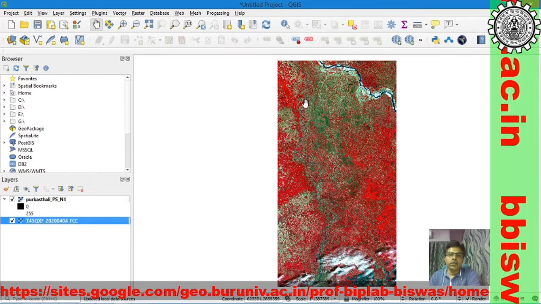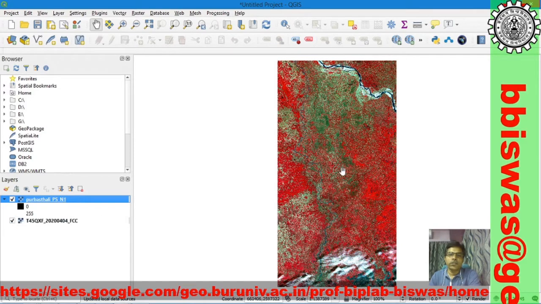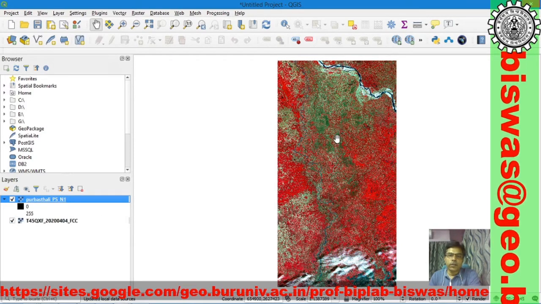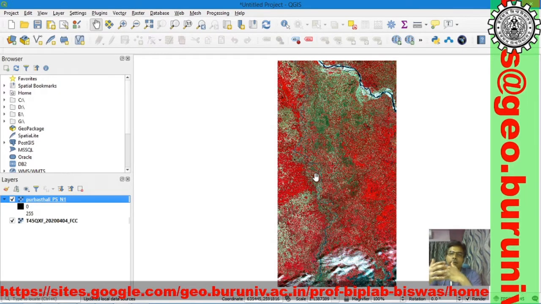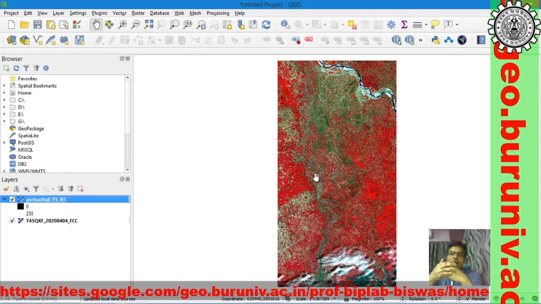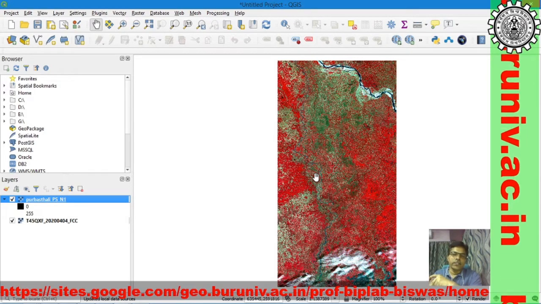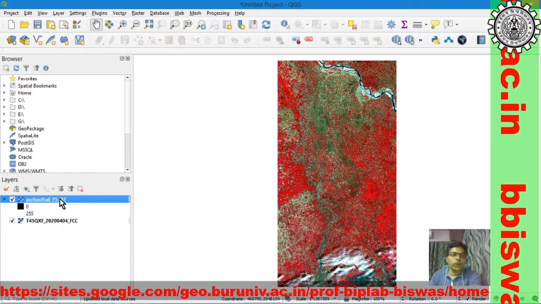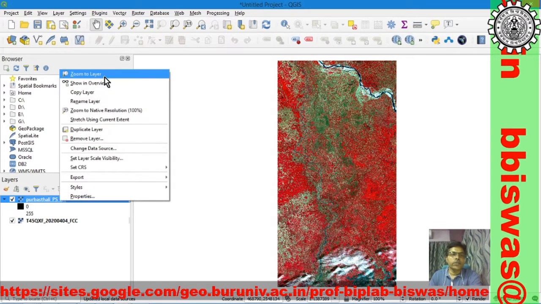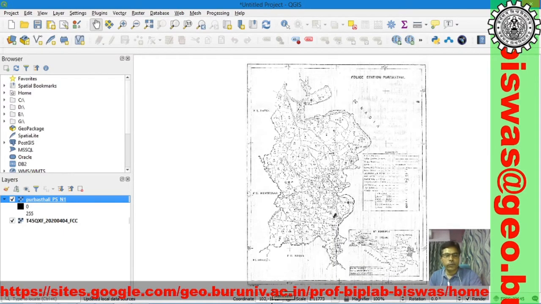Now you see the satellite data and the scanned image, we should have seen them together because both are almost coming on over one another, but we do not find this. Why? Because if we see this particular image, you see this coordinate information.